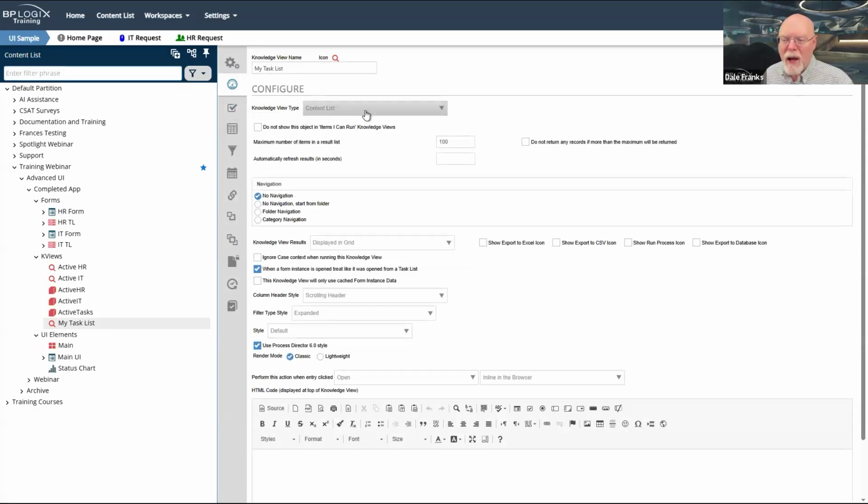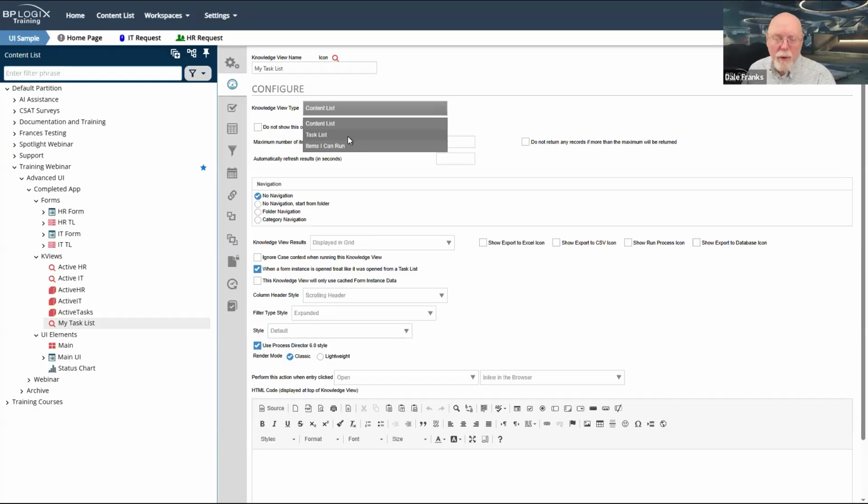Shouldn't have changed tabs because what I was looking for is right here. I do have a task list knowledge view type. So I could create a custom task list knowledge view. There are some drawbacks to doing that because it is a task list. Filtering it is harder and the configuration is a little more wonky.